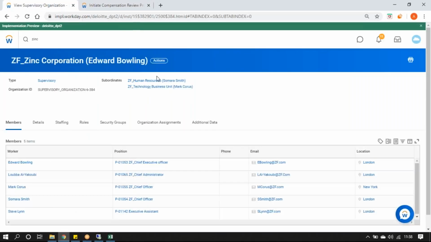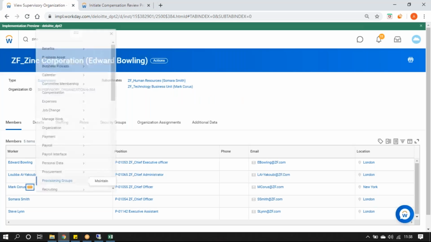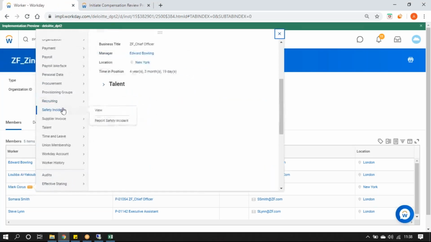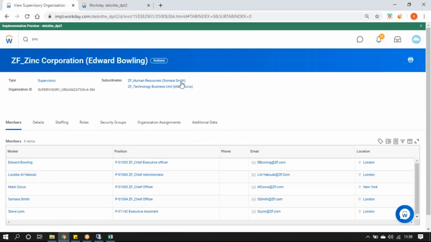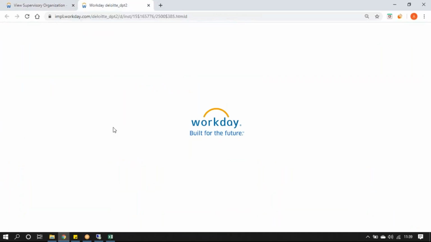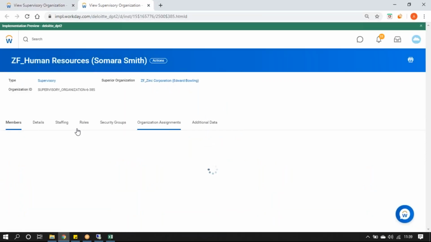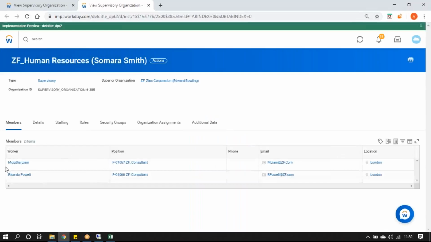Now how are your pools generated? So if I go to, for example, this employee, let me proxy as this worker. So okay, first let me show you. I have set up two supervisory orgs. The first one is for Sumara Smith, and all the employees in this supervisory org, I have given them compensation in terms of GBP,